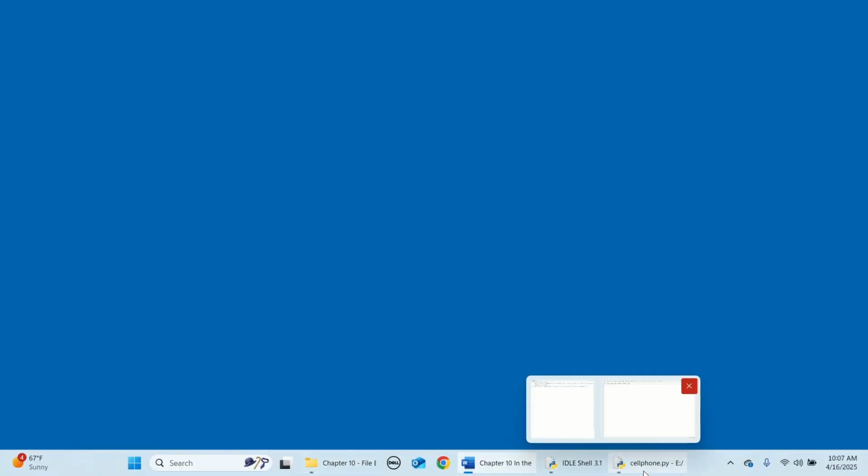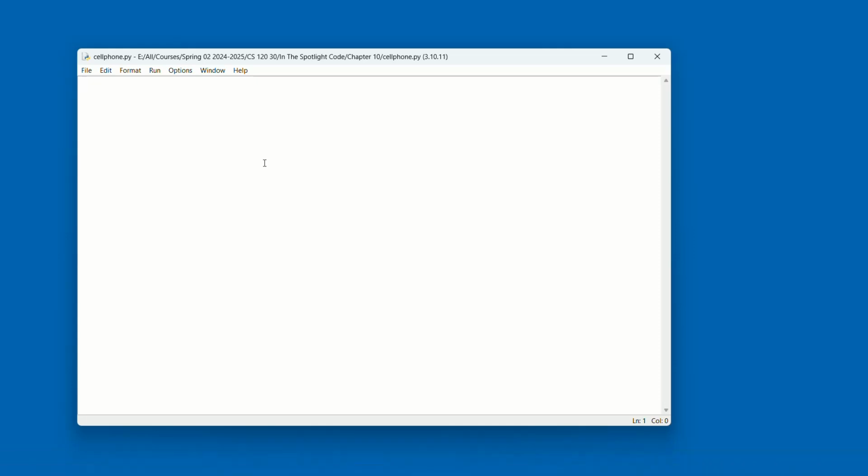Okay, I've already got a new file opened up here. I went ahead and saved it as cell phone so I don't have to mess with all that stuff as we go through this here. So we're going to start off with the class header. And upper and lowercase matter, so normally what you do is you set up the class names as starting with capital letters for each word that's in it. So that's what we did here. Then we need to do